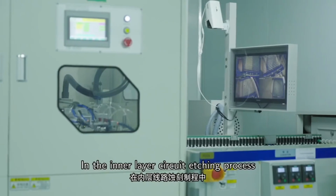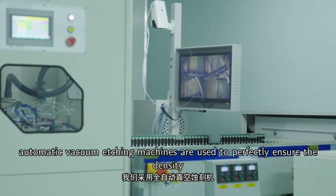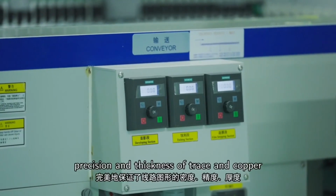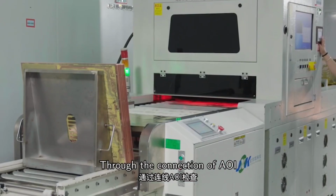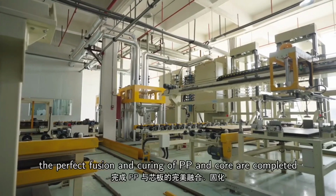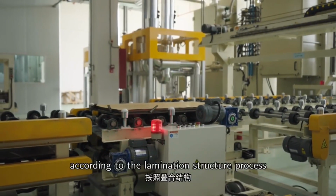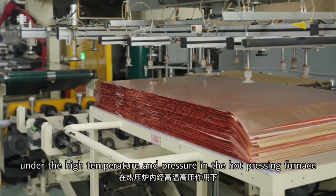In the inner layer circuit etching process, automatic vacuum etching machines are used to perfectly ensure the density, precision, and thickness of trace and copper. Through the connection of AOI, the browning production line, and the lamination of multi-layer boards, the perfect fusion and curing of PP and core are completed according to the lamination structure process under the high temperature and pressure in